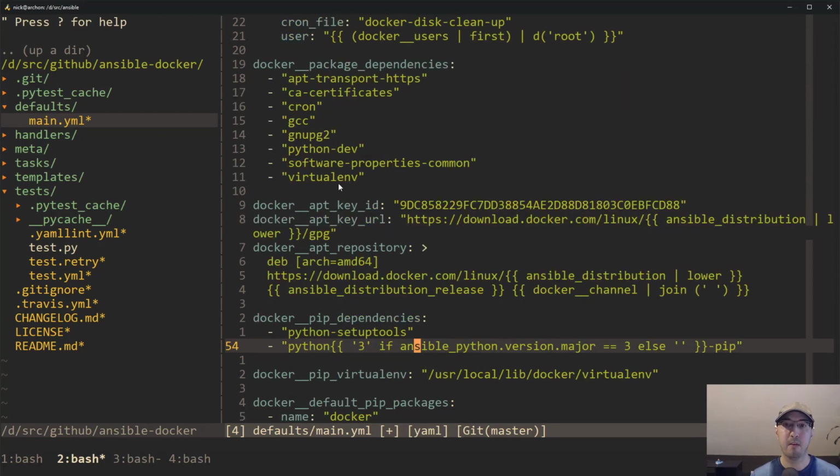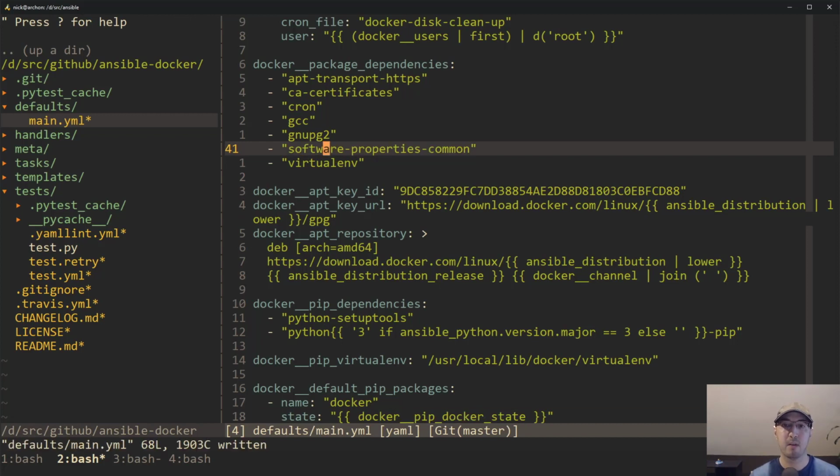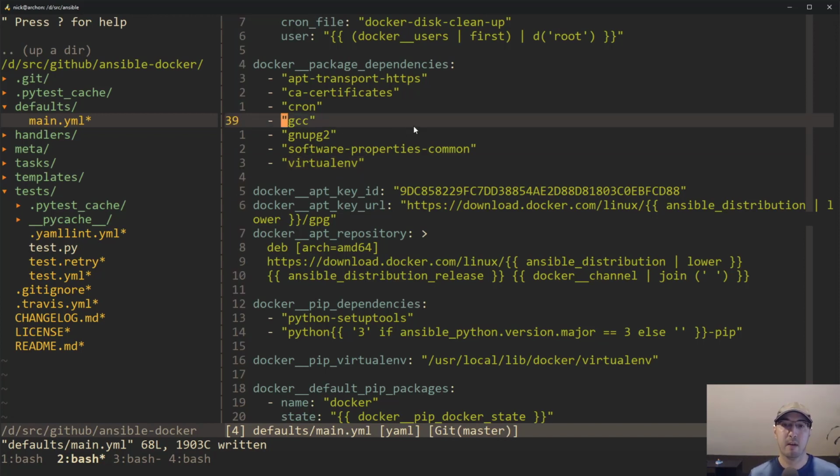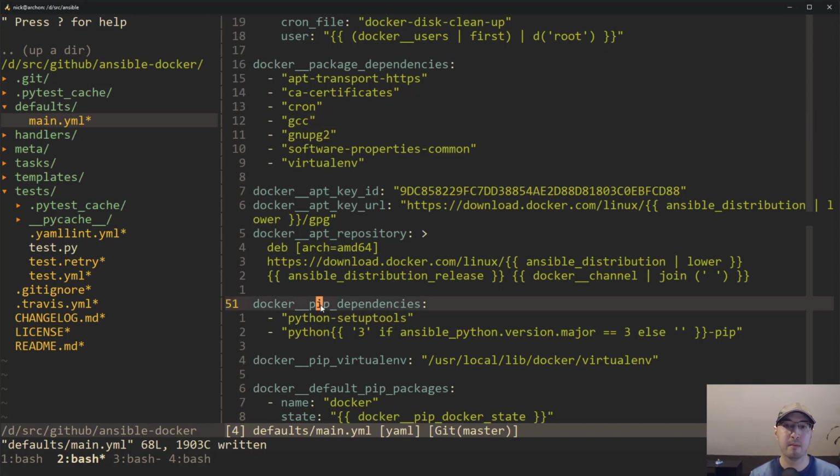So Python pip, okay, so that's not even going to be, okay, so this is going to go into Python pip dependencies. Geez, maybe I should have put virtualenv there instead, because that's really a better spot for it instead of package dependencies for Docker. And that means GCC would go there too. And this is what happens when you do coding live on a video. You end up making all sorts of mistakes. I mean, it's not the end of the world, but yeah, it's way better to put it in Docker pip dependencies,